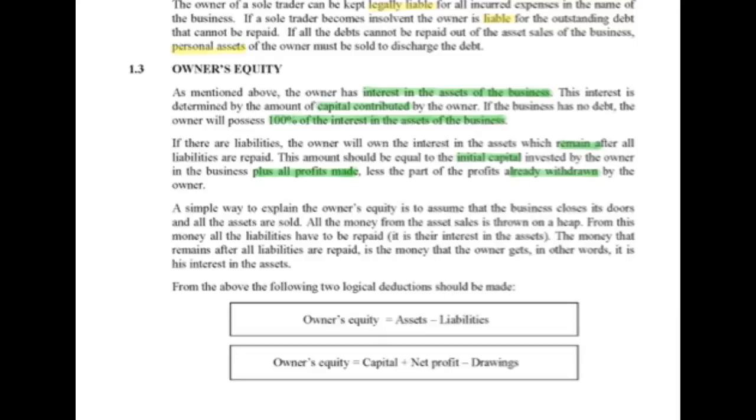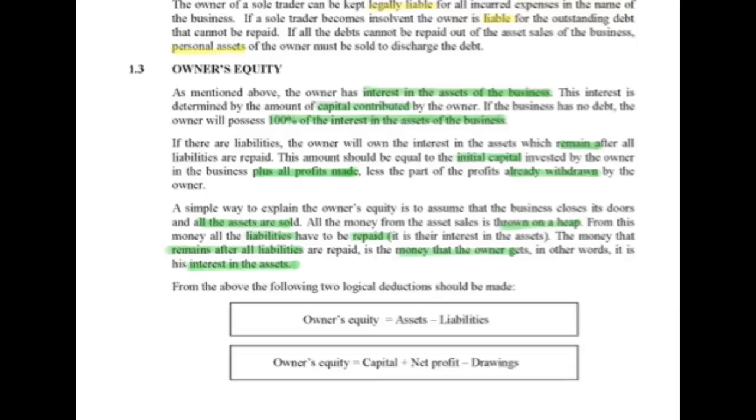A simple way to explain the owner's equity is to assume that the business closes its doors today and all the assets are sold. All the money from the asset sale is thrown onto a heap. From this money, all the liabilities have to be repaid, and this needs to happen first. So we first take from the heap the money needed to repay all the people that we owe money to. Then the money that remains after all liabilities are repaid is the money the owner gets. In other words, it's his